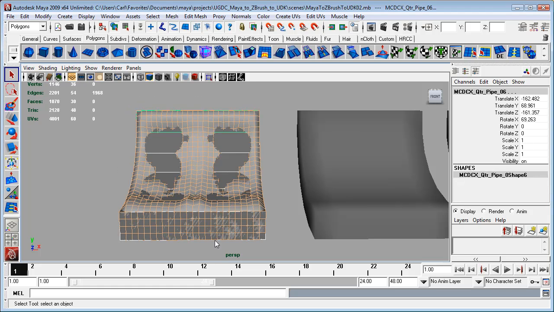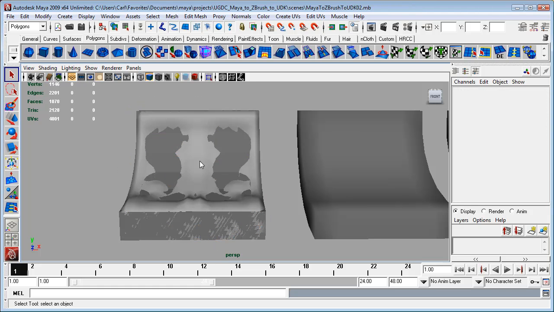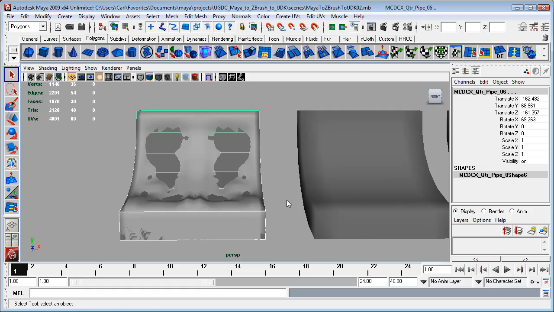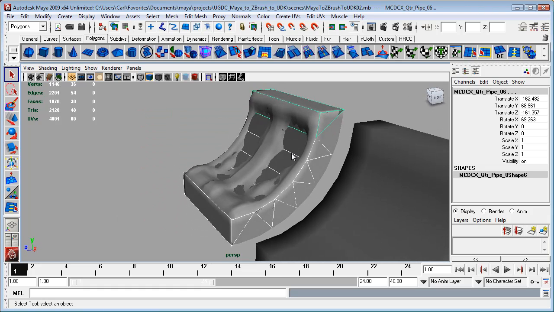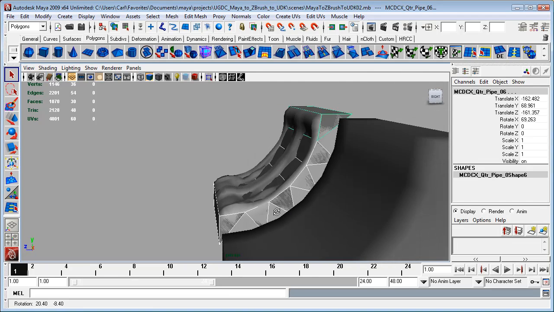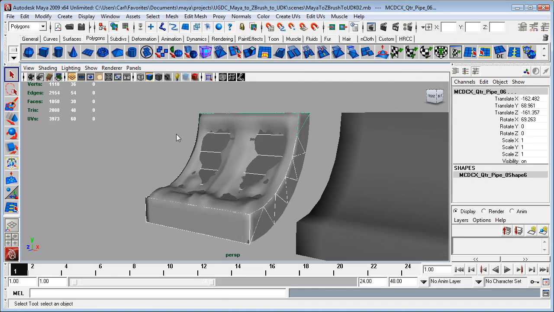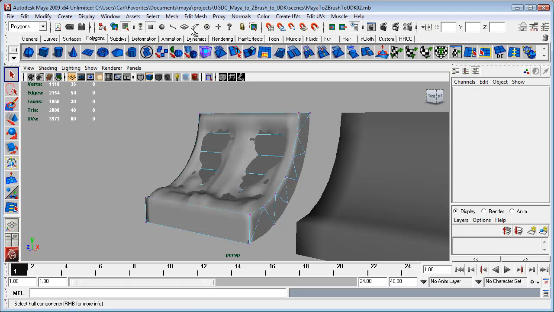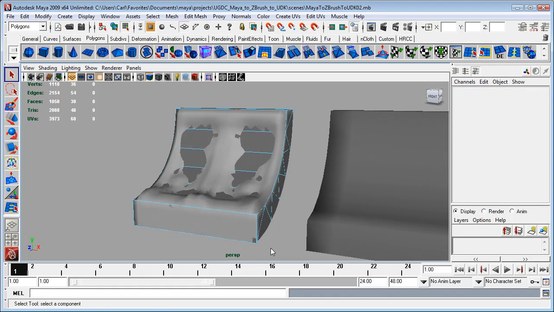Shift select, to swap to the collision meshes, and then I'm going to go to component mode and select faces. I might just switch over to wireframe,